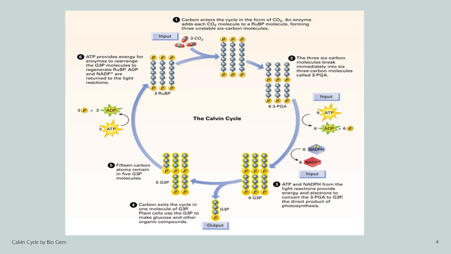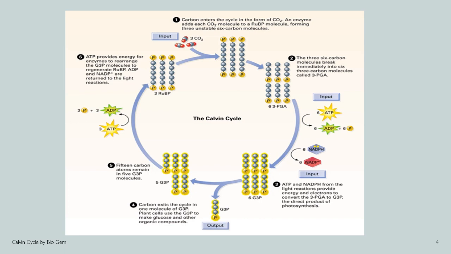You can see here that G3P is released and therefore 5 G3P are left here because there were 6 in total. When 5 G3P are left, this process then continues as the regeneration of RuBP, which, remember, is the reactant of this reaction because it takes part in the first step. Now RuBP is regenerated from G3P, and how is it done? It's always done by